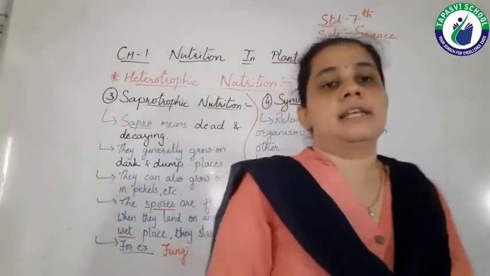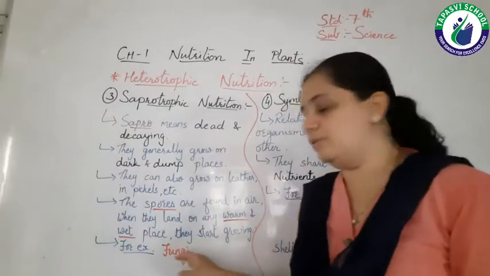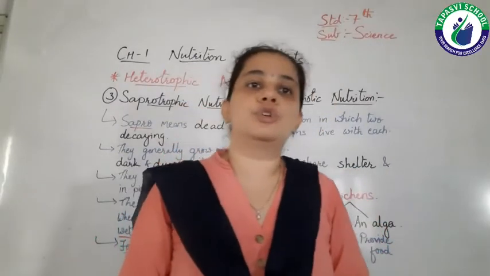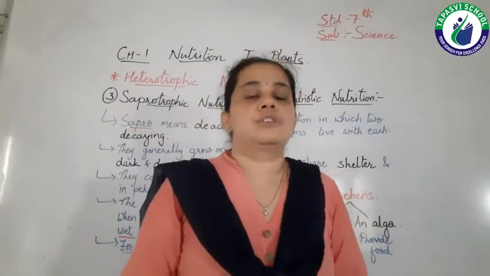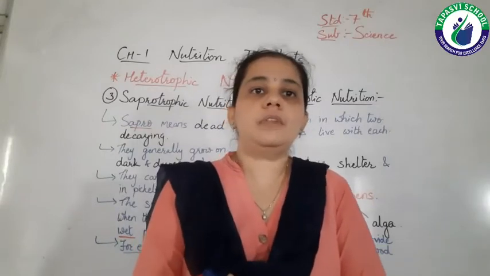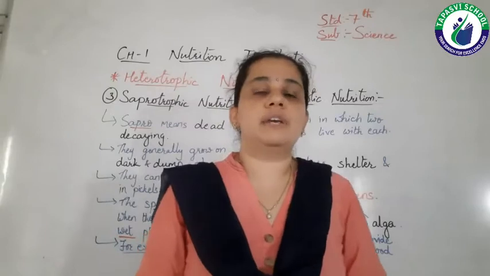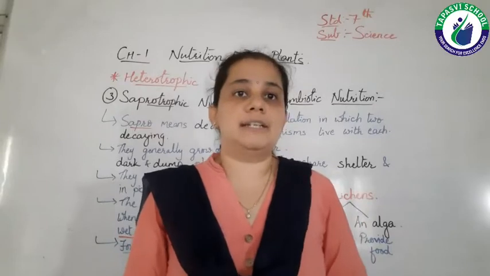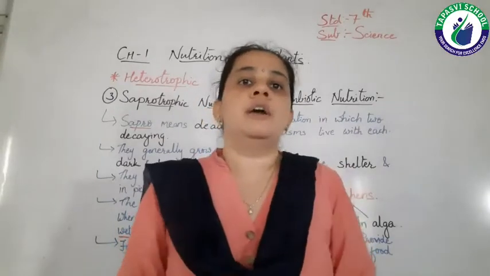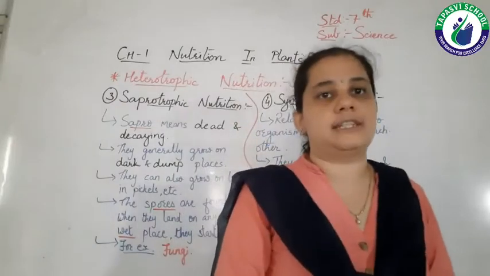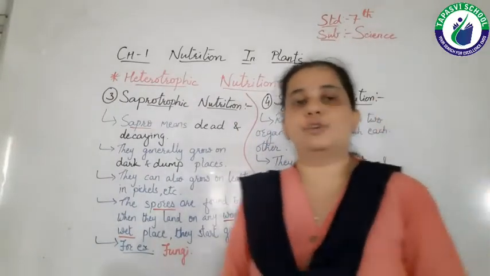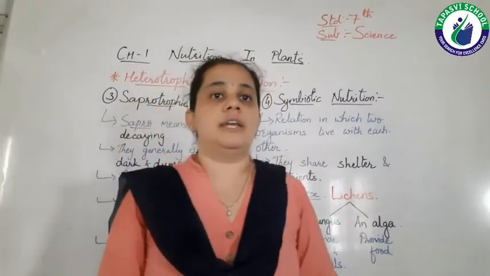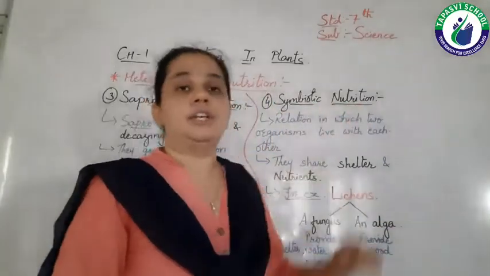For example, some types of fungi we have learned about here, right? Some types of fungi generally live in the roots of plants. So in the plant roots, what will this fungus do? The fungus will give some minerals or nutrients to the plants, and the plants in return give food to the fungus. As we know, plants can do photosynthesis and make food. So this food can be given to the fungus by plants, right? So this is one example of symbiotic nutrition.